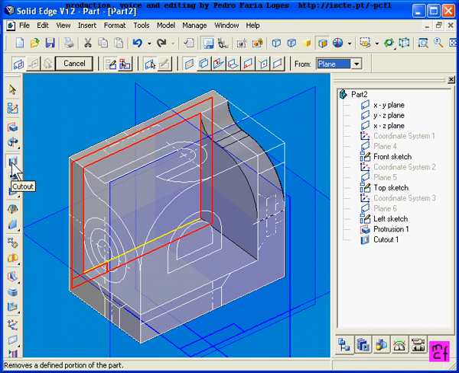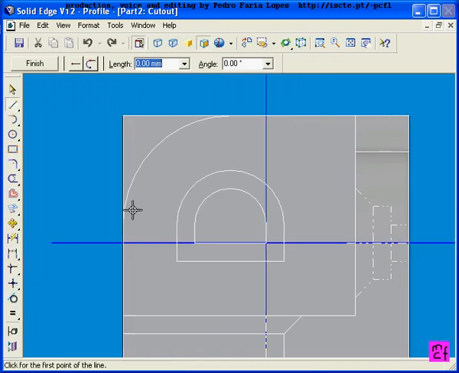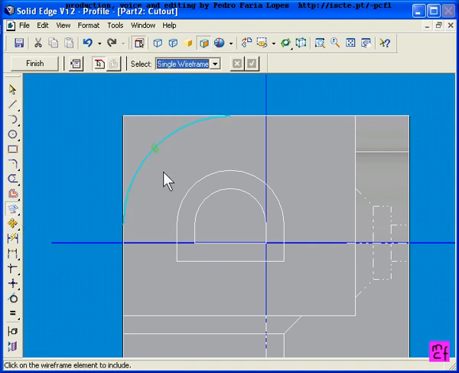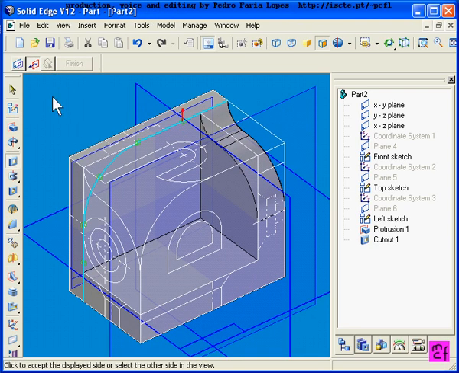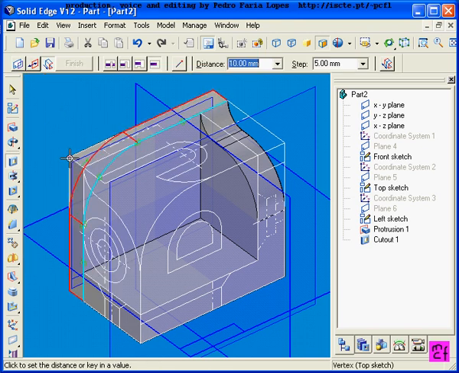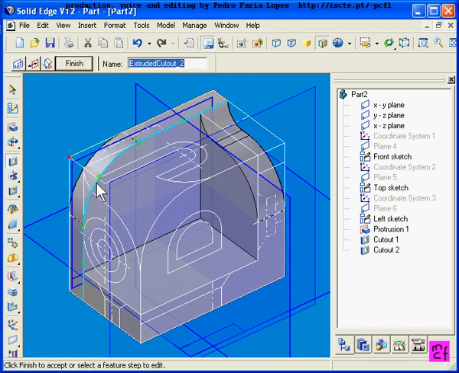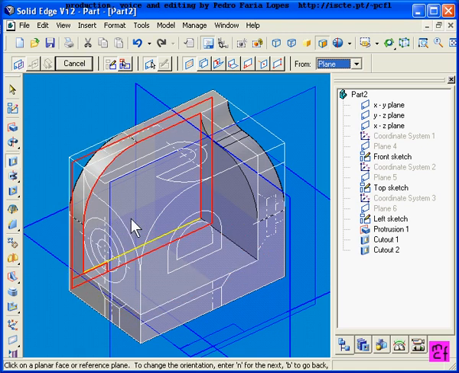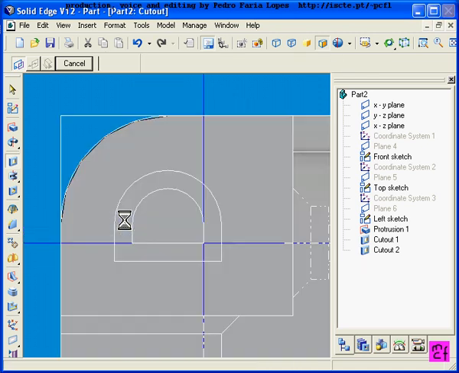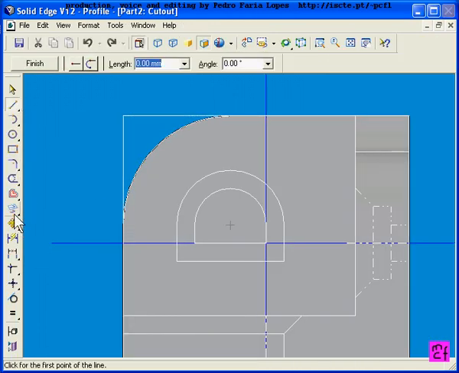This means another cutout on this surface, and we are going to include this profile and this profile and this profile. Finish, and we are cutting out until here, and the wall is done. In this wall we need to cut this hole, so another cutout. We do the interior hole, which cuts the wall